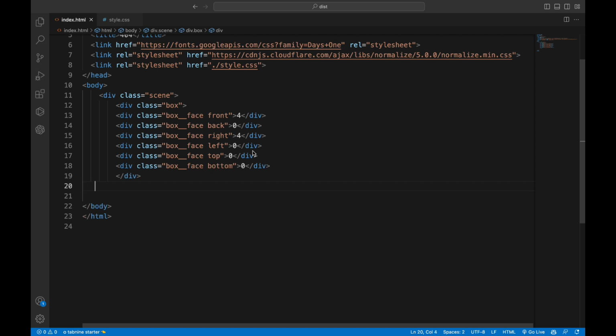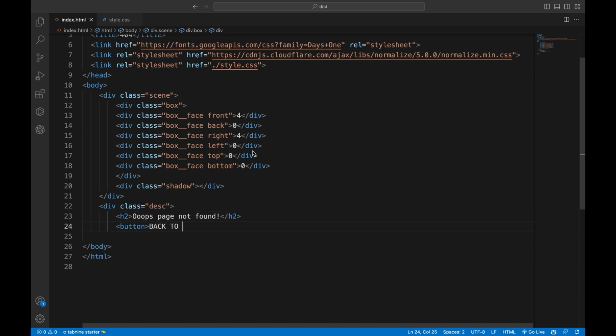There is also a shadow element that is used to give the box a more realistic 3D effect. Below the 3D animation, there is another div element with a class of desk that creates a container for the description of the error page. Inside this container, there is an h2 element that displays the heading "Oops, page not found" to indicate that the user has encountered a 404 error, and a button element that users can click to go back to the home